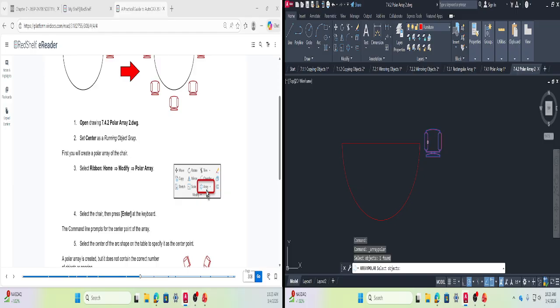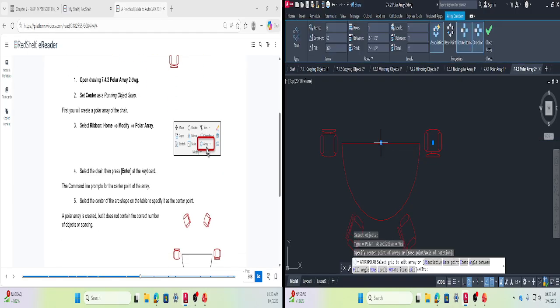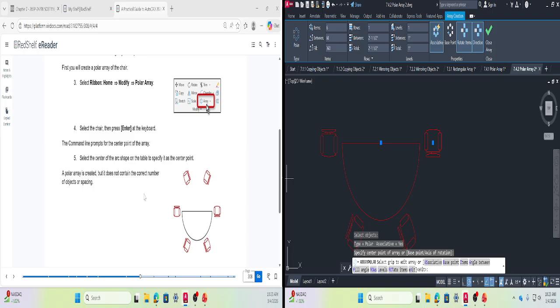To do that, you want to first choose the polar array, and then select the chair, press enter. All right, then select the center of the arc, which is this. So once you're done with that, the command line prompts for the center point, select the center of the arc. The polar array will create it,